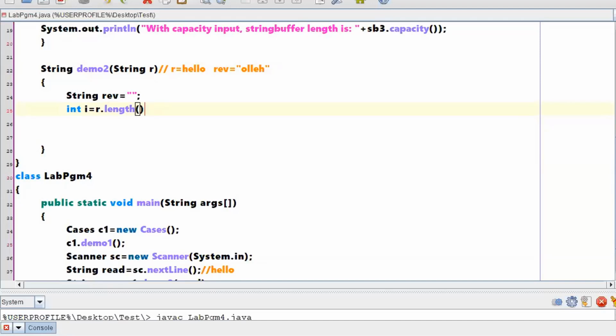Now what I said is my intention is first I need to copy O to this particular rev, right? So what is the index of O? Index of O is 4. When the index of O is 4, if I am taking r dot length, this particular value will be 5.